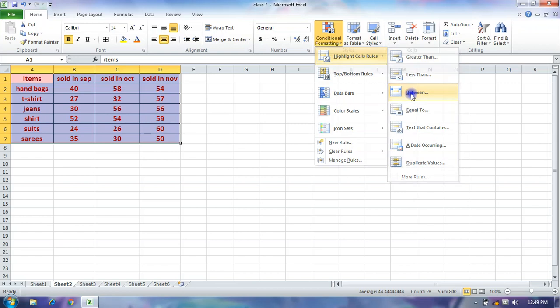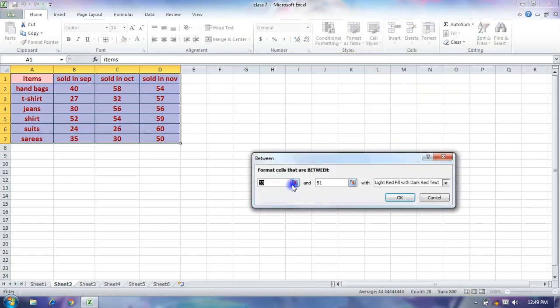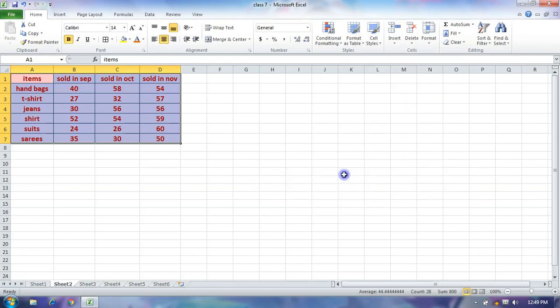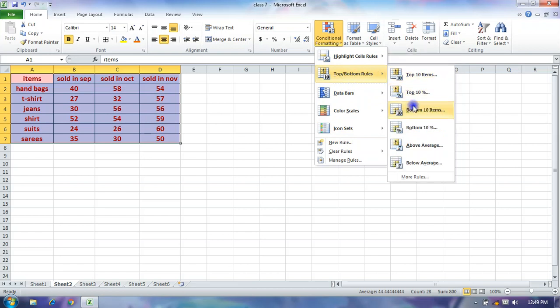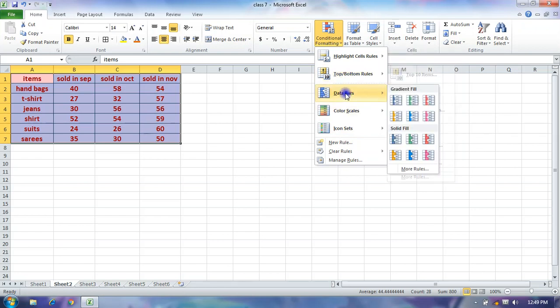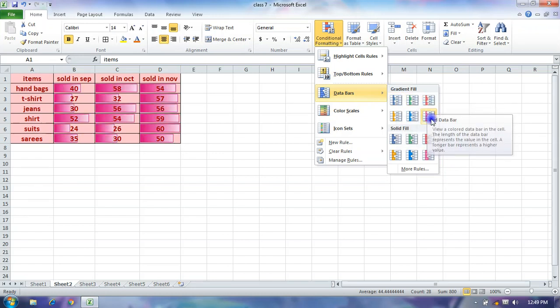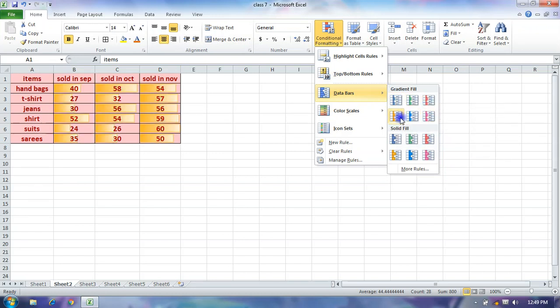Like that, between. So you can select this from here. So you can apply conditional formatting from here. Top 10%, you can change the data bar from here.